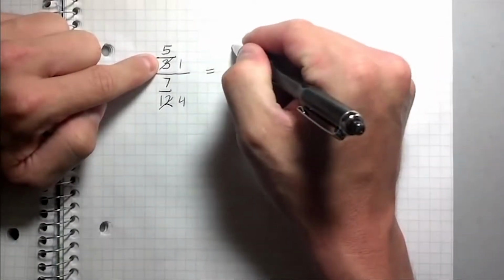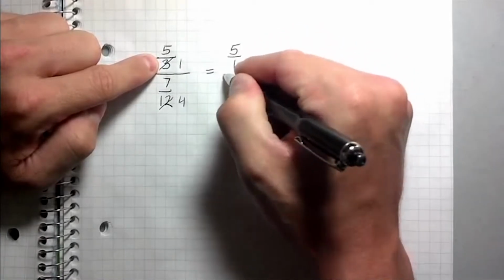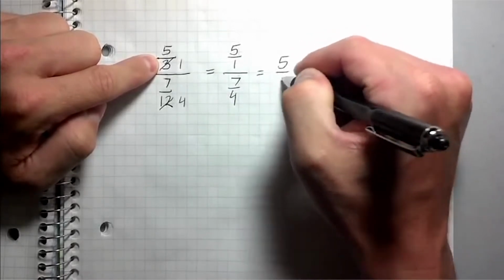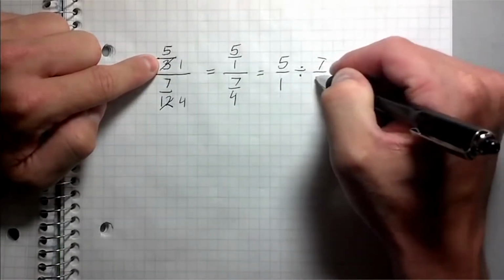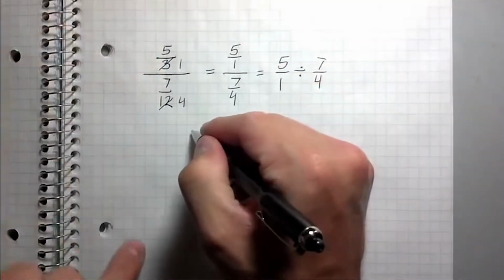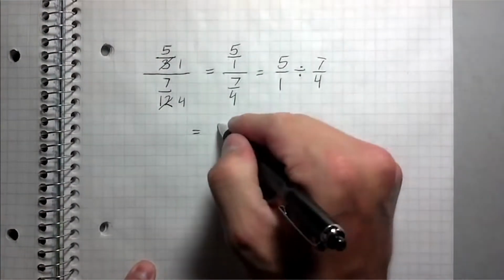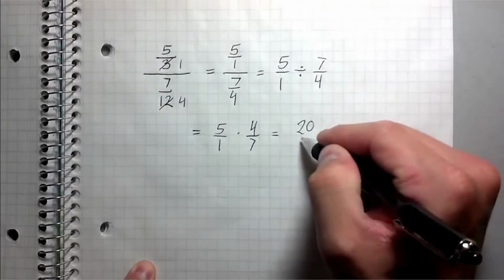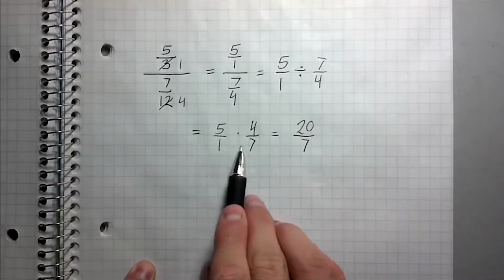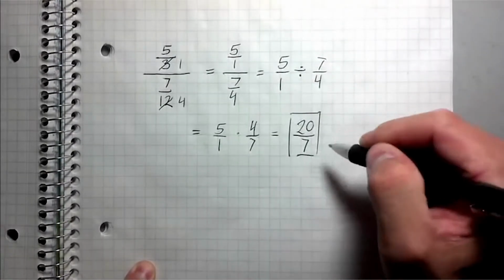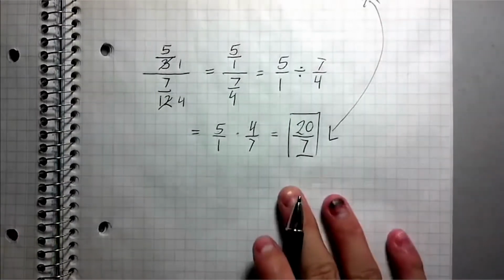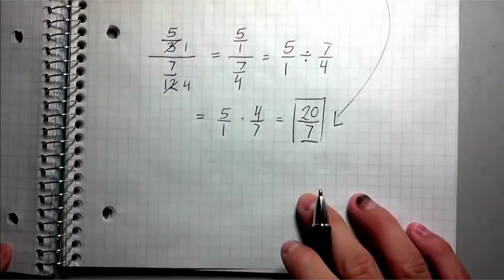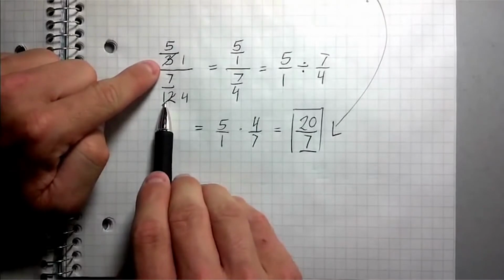So if I rewrite this, it's simply 5/1 divided by 7/4, which, remember, when I rewrite it as a multiplication problem by inverting and multiplying, I get 5/1 times 4/7, multiply straight across, and I get 20/7. 5 times 4 is 20, 1 times 7 is 7. So, boom. 20/7 is 20/7. Cool. So that was just a little proof that this method of canceling factors from numbers that are